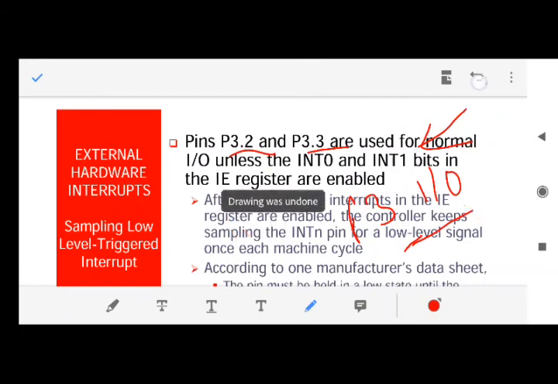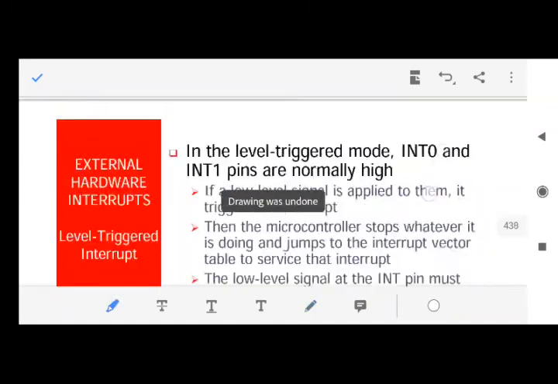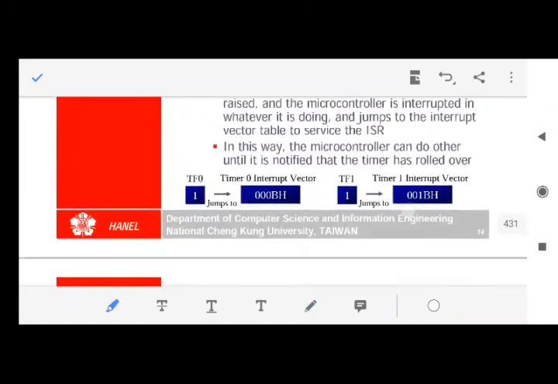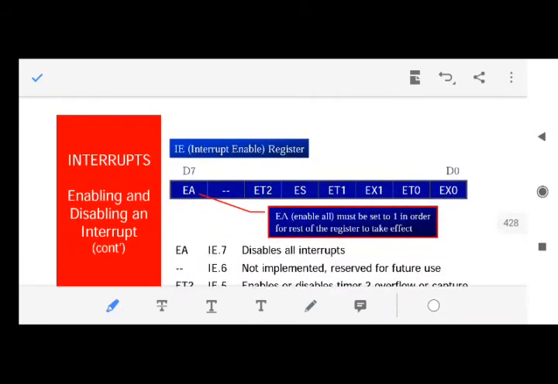How does 8051 decide whether port 3 should be used for input output or for special functions? For that we have the interrupt enable register. Fine, we have already studied the interrupt enable register. The value of the interrupt enable register corresponding to INT0 and INT1 should be 1. For example, this one, the external interrupt 0 and interrupt 1. This is the interrupt enable register.